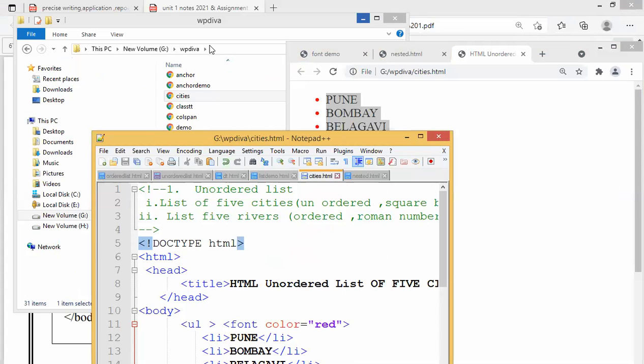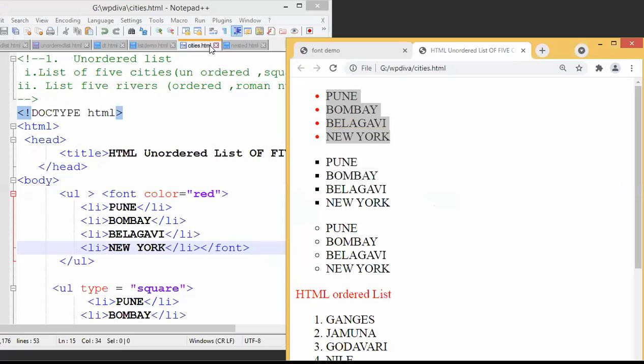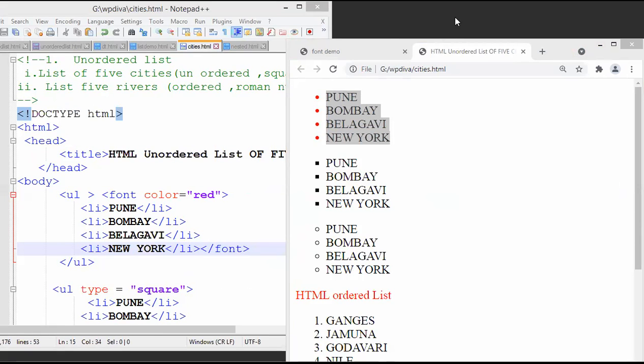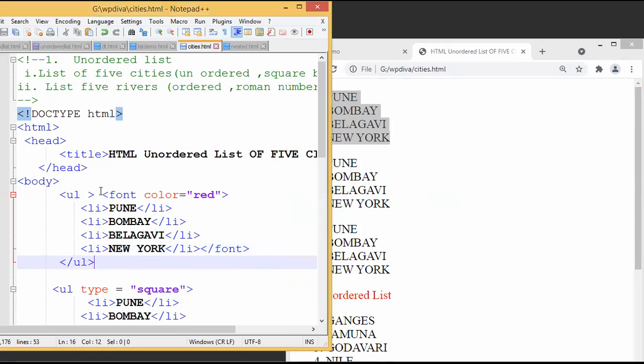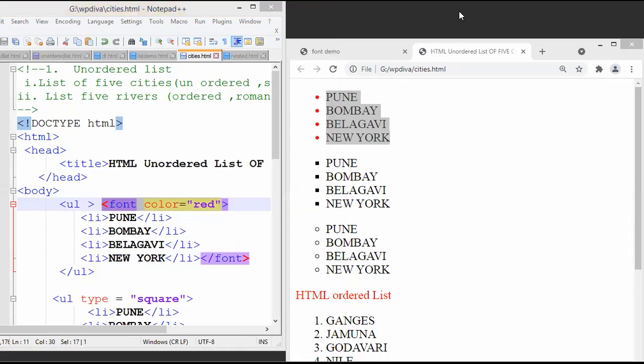Yes, this is the code and this is the output which you are seeing here. So what I did here is I applied this font tag. Okay, so I applied the font tag.